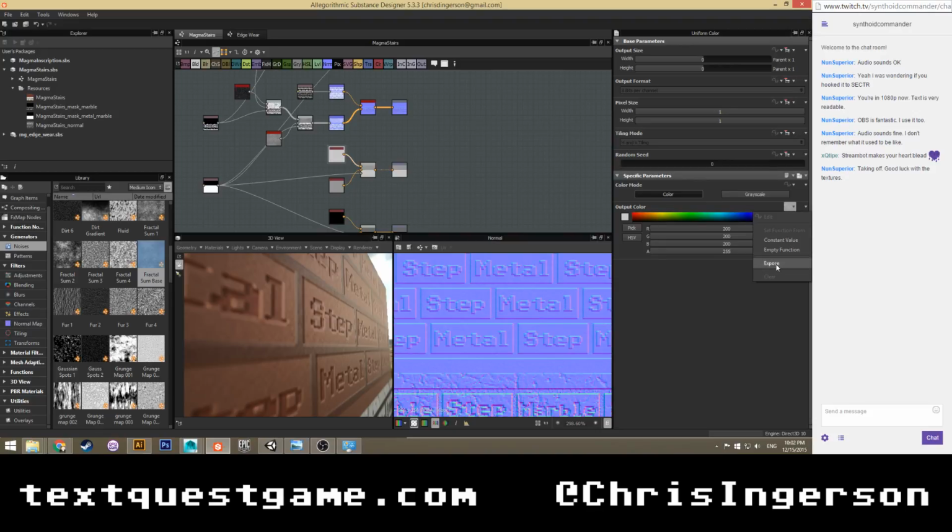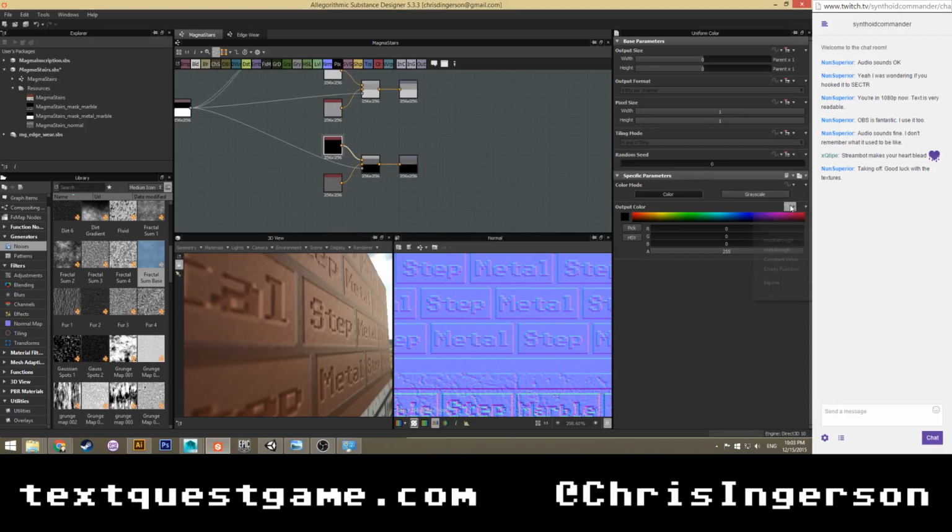So let's expose this as marble rough. Expose metal rough. Marble metallic. Metal metallic.